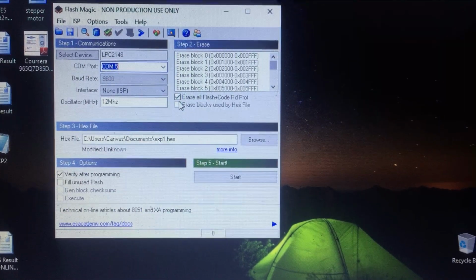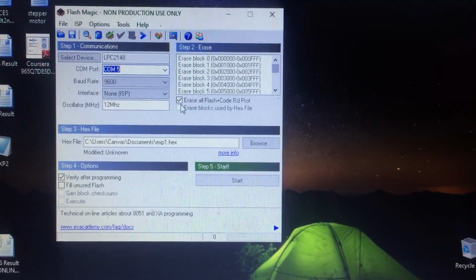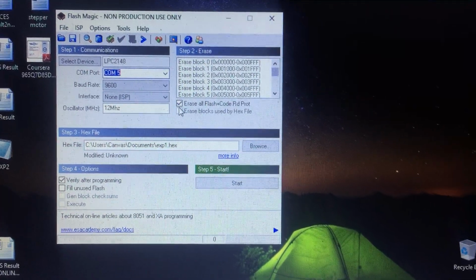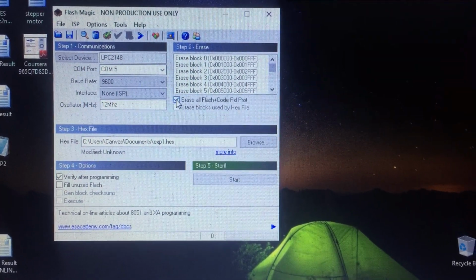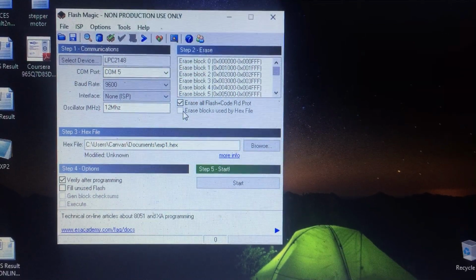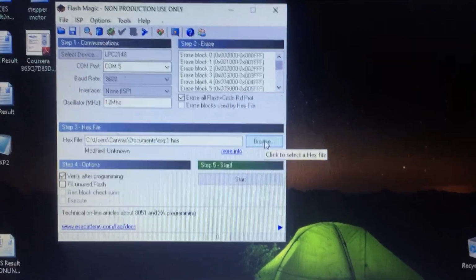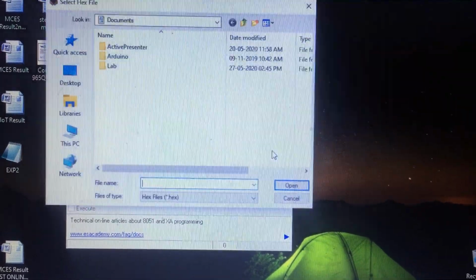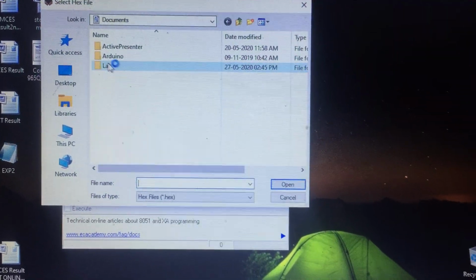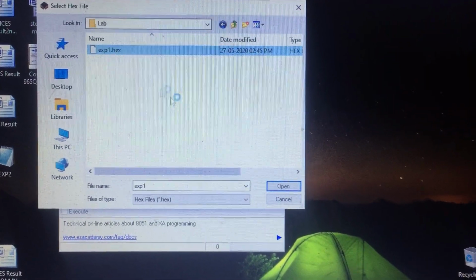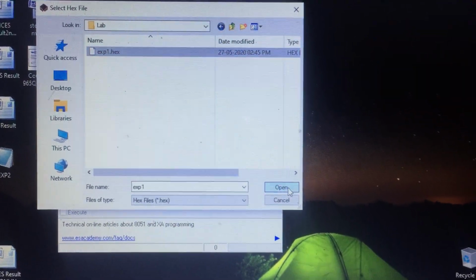Then step 2 is erase all flash code. This option you need to select. After that you need to select the hex file. Just click browse, go to lab, and the hex file will be in that folder as I said. Select that and say open.